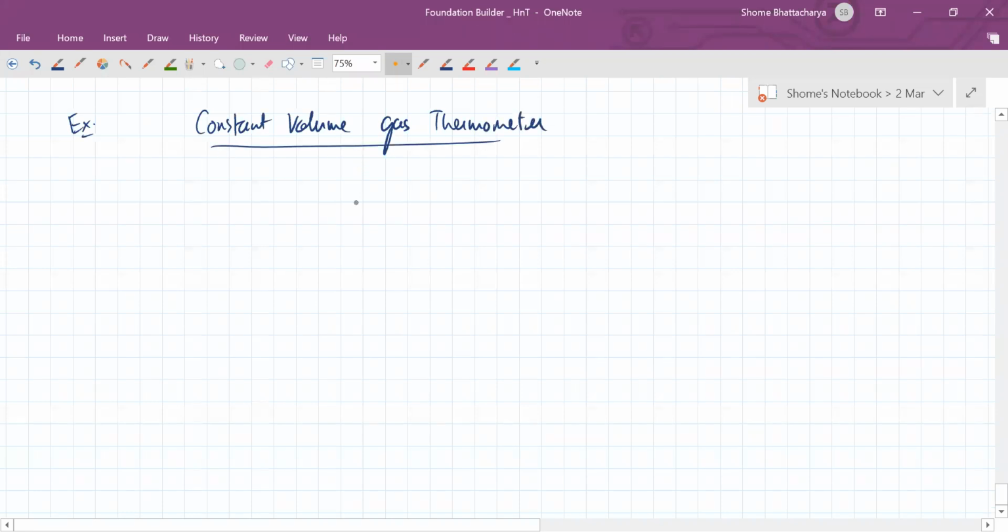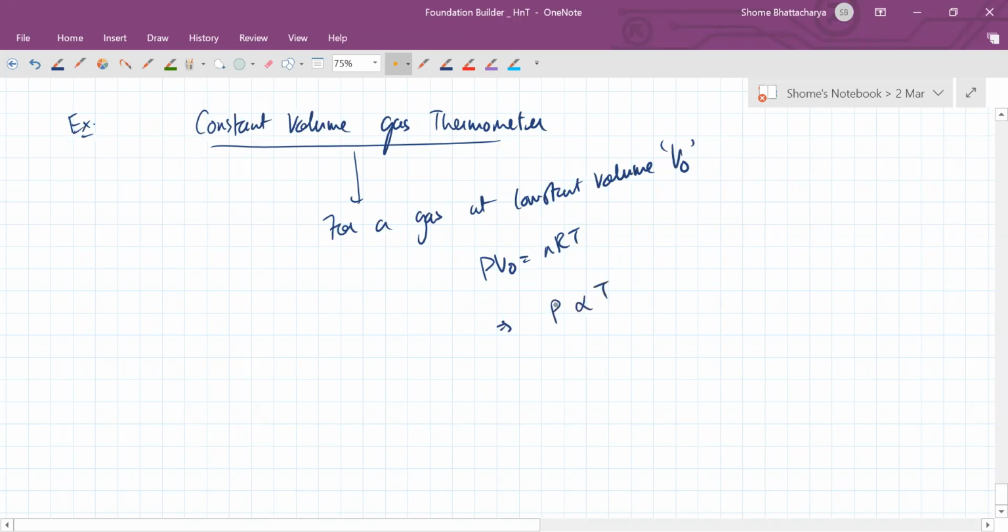This works on the principle that for a gas at constant volume, let's say V naught, PV naught is equal to nRT naught, or nRT. So pressure is proportional to temperature. So pressure at some T minus pressure at some T naught, upon T minus T naught